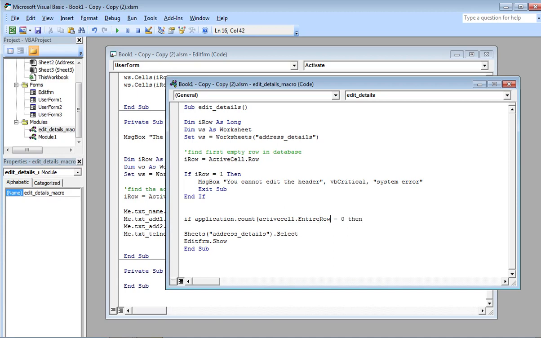I forgot to put in the brackets there. So if the application count of the active cell on the entire row of it is 0, then